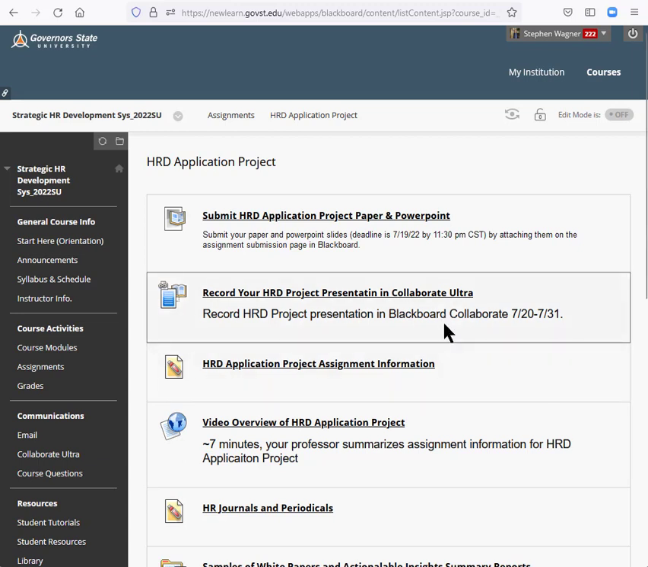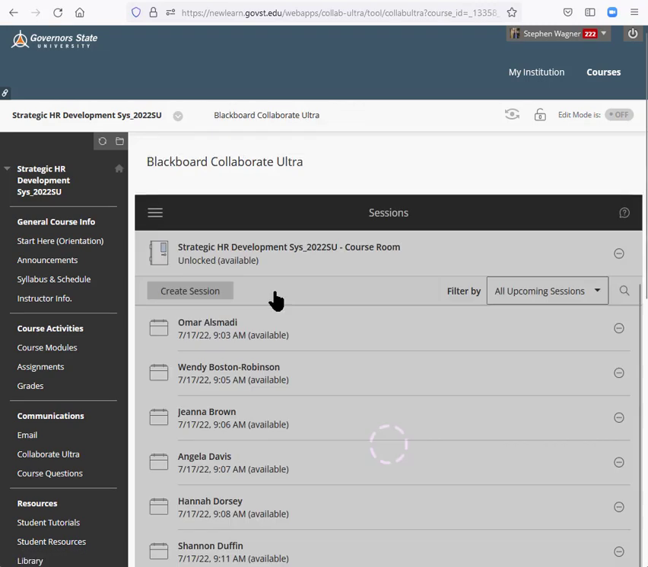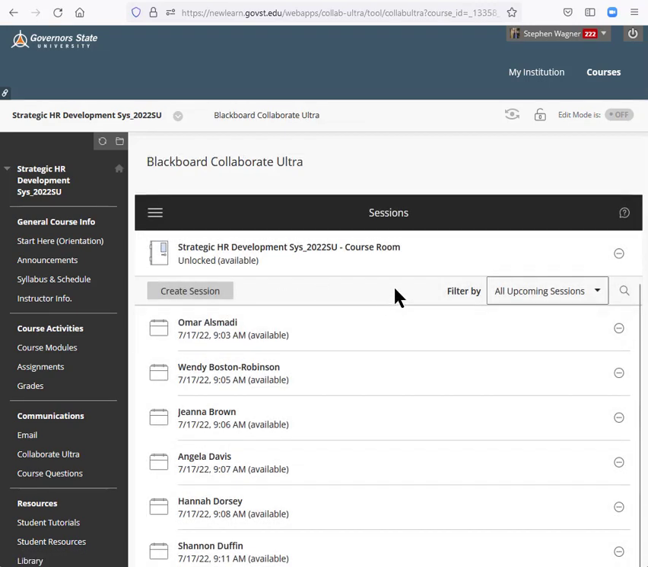So here we are in the assignments area in the HRD application project folder, and you can click on this link that says record your HRD project presentation. Here you can see that you should be doing that anywhere between 7:20 and 7:31, with the 31st being the last day of class. If we click on that, it will open up Collaborate Ultra, as you can see here,